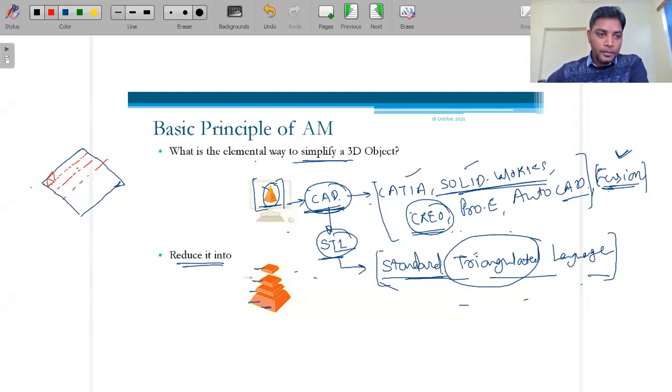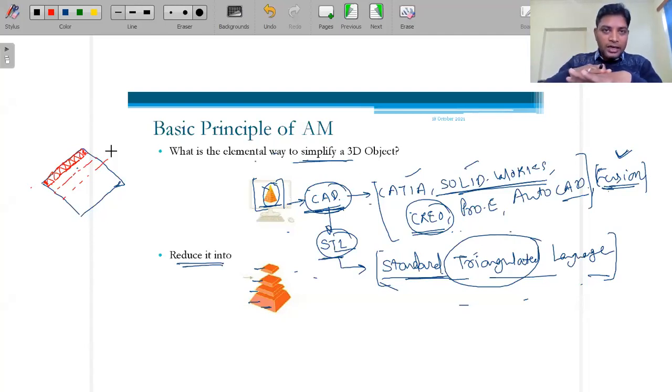So these kinds of triangles are formed. This is also a triangle, and this is also a triangle. These kinds of triangles are created in a single layer, and in a single layer there are thousands of triangles.